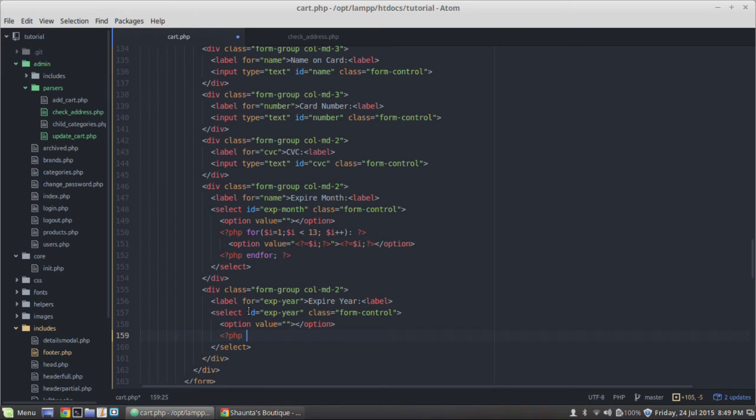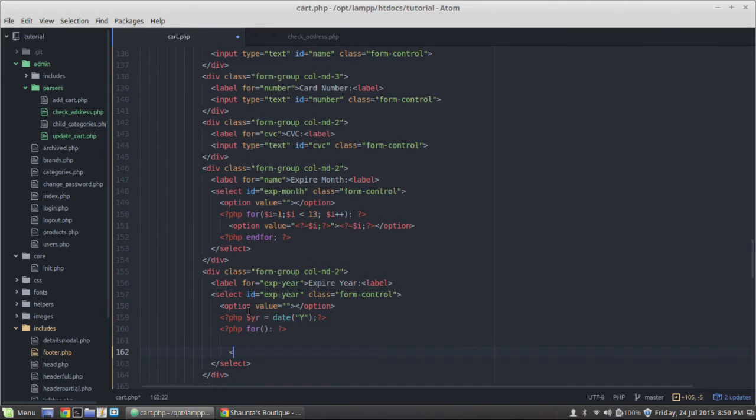So the first thing we'll do is create a variable, that's going to be my year, and I'm going to set that equal to date, and then the format will just be capital Y. Okay, and that's it. And then I'm going to go down and open up PHP tags again, and I'm going to say for, and we'll do our colon, skip down 2 lines, open PHP, and do end for